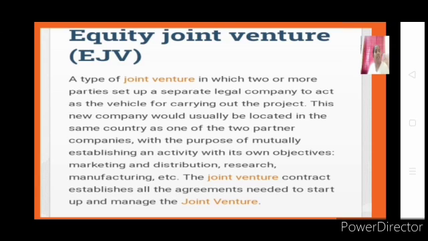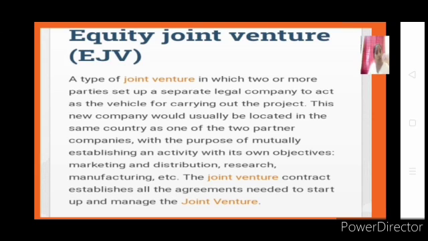So here in equity based joint venture, what happens? Here also you will be having the joint venture contract, but in this type of joint venture you will establish a new company called C. In the earlier one, that is contractual joint venture, you don't establish any new company, just on the basis of agreement you do the work. Once that work completes, your agreement gets terminated. Then you will be separated.